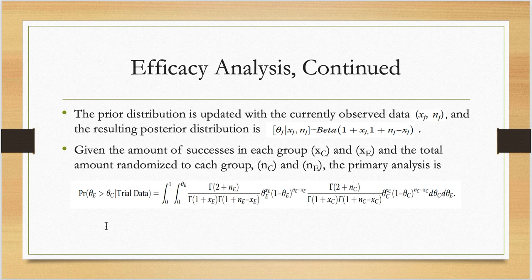And given the number of successes in each group, which is xc for the control group and xe for the experimental group, and the total number randomized to each group, which is nc and ne for the experimental group, the primary analysis is the probability of theta experimental being greater than theta control given the trial data, equal to the double integral